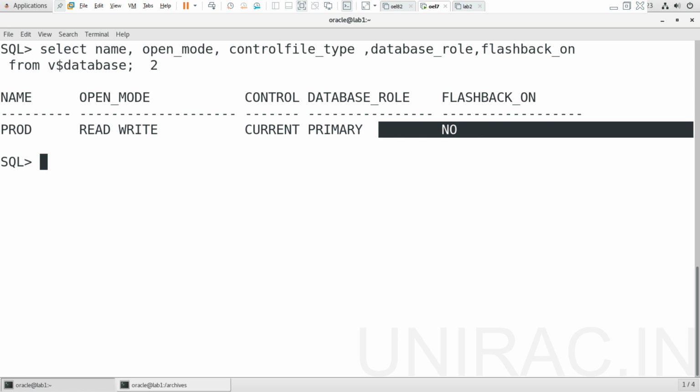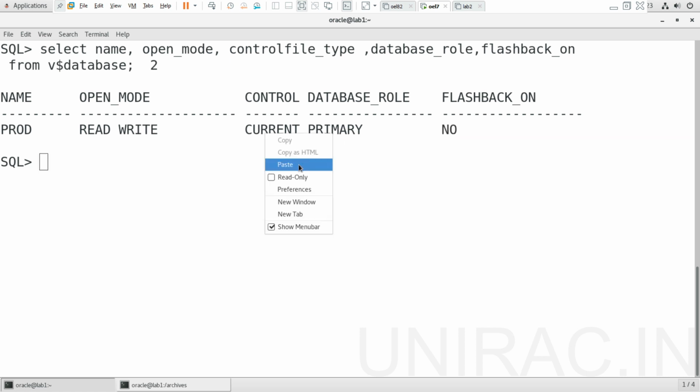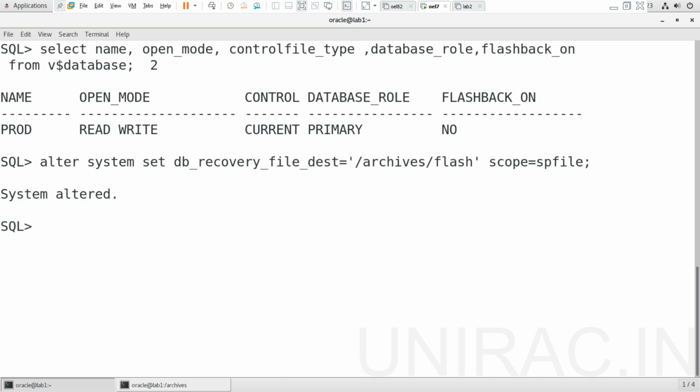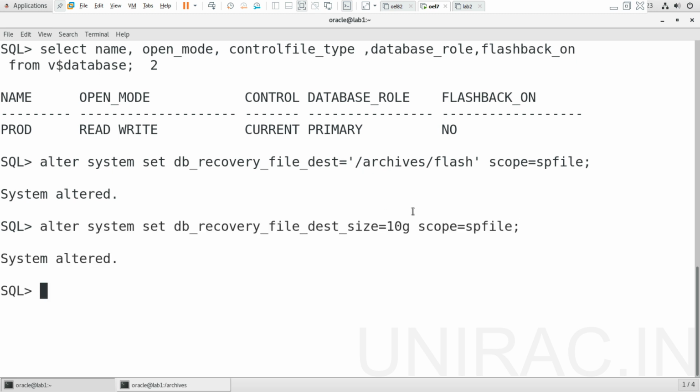So we'll configure the parameters first. We'll set the parameter db_recovery_file_dest as well as the size of the destination. Both parameters have been configured.